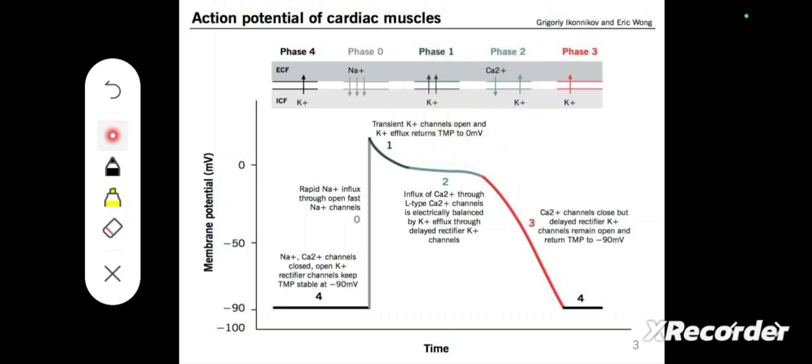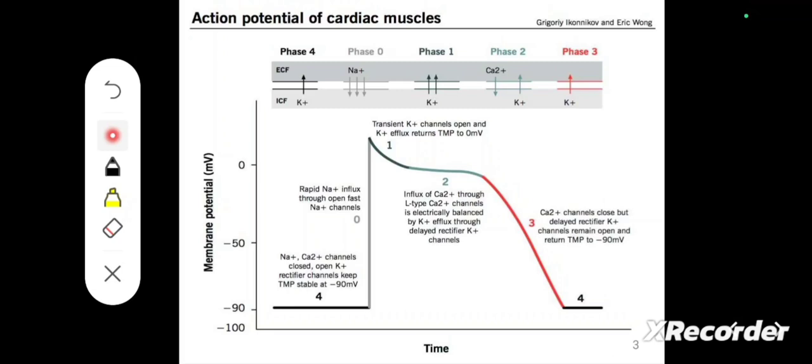Phase 2 indicates the balancing of potassium efflux by calcium ions, keeping the potential relatively stable for 200 milliseconds, and phase 3 represents the outward movement of potassium ions. So this process mainly occurs in non-pacemaker cells, that is, the conducting tissue, AV node, Purkinje fibers, and bundle of His,